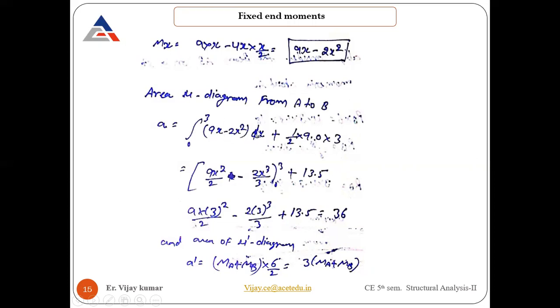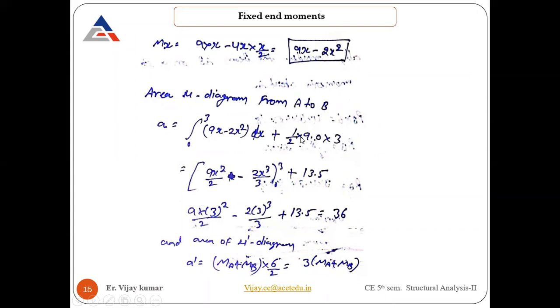It's the area of a parabola. In that case, you can take the parabola directly, or you can put it into the integration portion. At the same time, you will get the same values. Either of the two things you can take. So a parabola is there, but it is not a complete parabola, only half of the portion. In that case, you will get the same value.